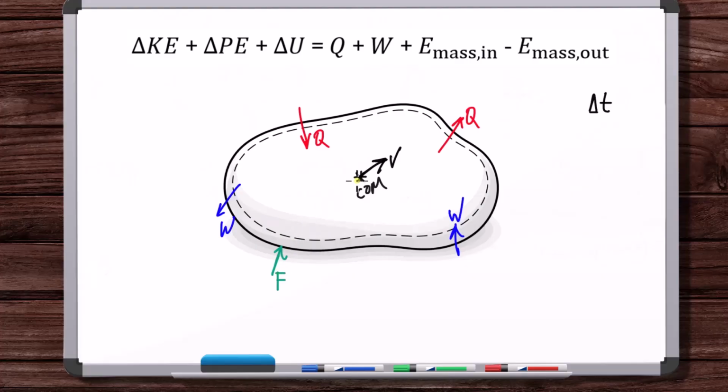Now, note, though, that in this case, to get the work transferred to the system, we wouldn't just multiply the magnitude of the force by the magnitude of the velocity. We would strictly need to multiply the magnitude of the force by the amount of displacement in the direction of the force. So you would do that with this force as a vector and this velocity as a vector. You would just take the dot product between this force vector and this velocity vector. So work is the magnitude of the force times the displacement along the line of action